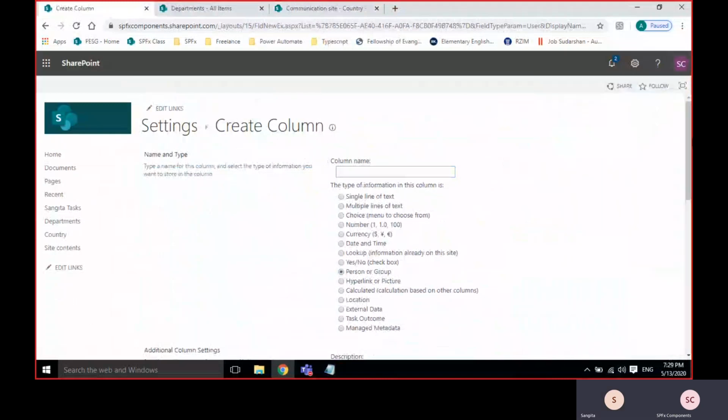So whenever the end user is filling in the person name, instead of Ashok Ekala, maybe they'll make spelling mistakes. If I use person or group, then already existing employees automatically show up. I'll show you department head.